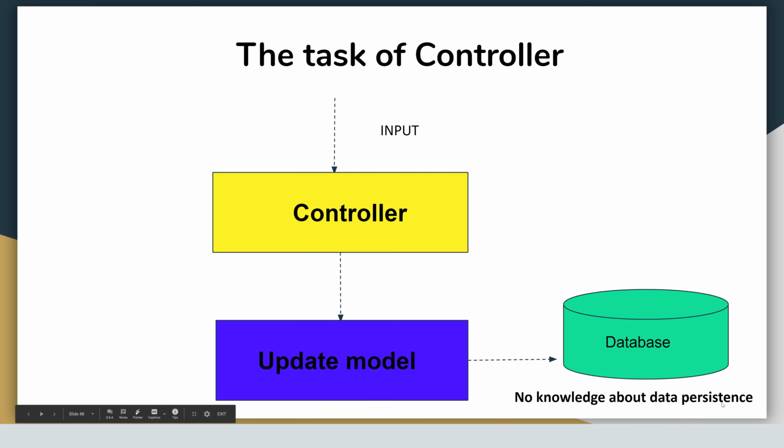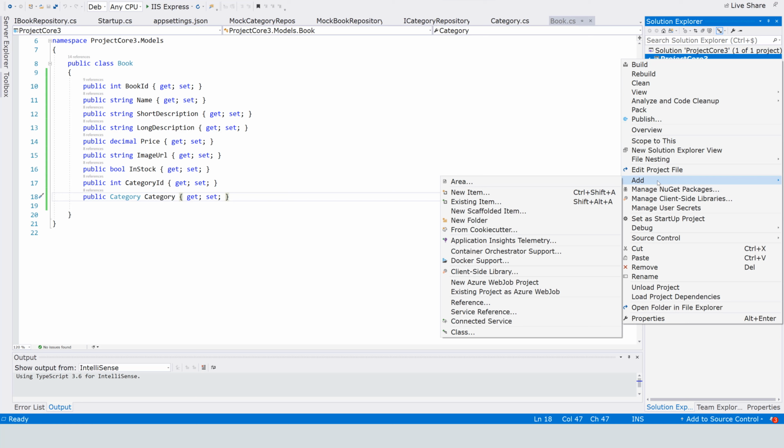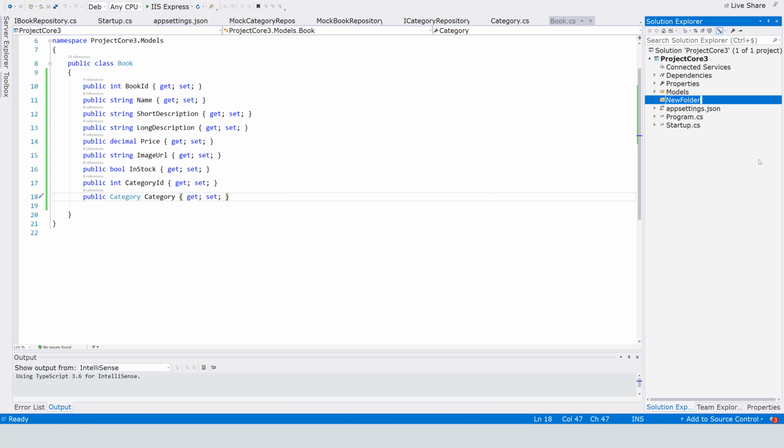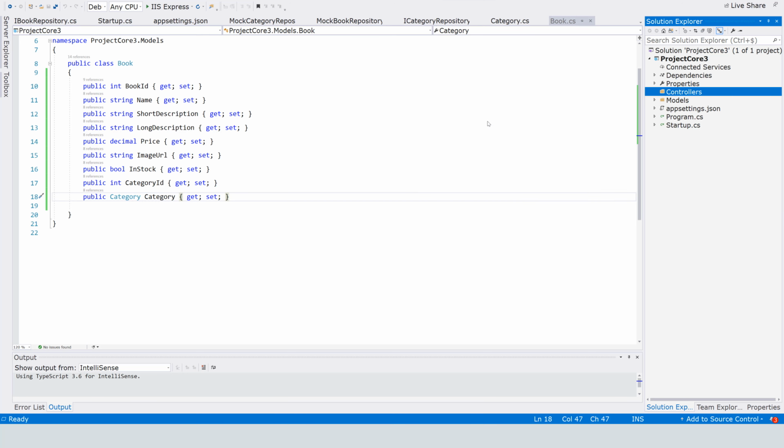Now we go to our project and we create the controller. So here we have our project. Before we create the model, now we create the controller. So here we do add, folder, and Controller. And inside we will have the different controllers, and for that we'll create a controller for the book. So we do add controller,